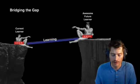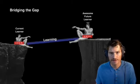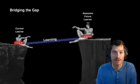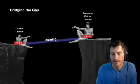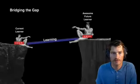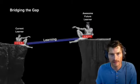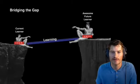And this is how I think about learning, but this concept doesn't actually come from me. It's from one of my favorite instructional designers, Julie Dirksen. She's got a great book, Design for How People Learn. And I really love this metaphor for describing learning. And she's been doing instructional design for like 15 years. And when I saw this, I thought, yes, this is very similar to the way that I'm thinking about UX